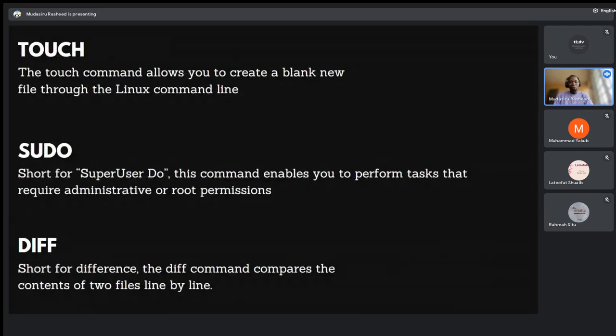Okay, the last three commands that we'll look at are touch, sudo, and give. I just extracted these commands because they are very important for us as we move ahead in our journey learning Git and GitHub. So touch is for creating a file. We said that make directory is for creating a folder or directory. But now what if I want to create a file?